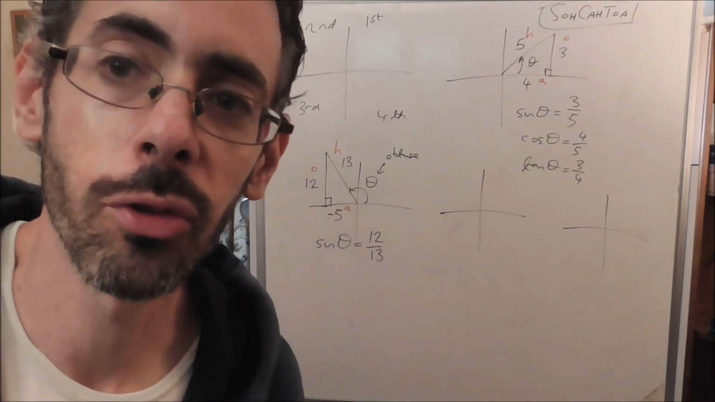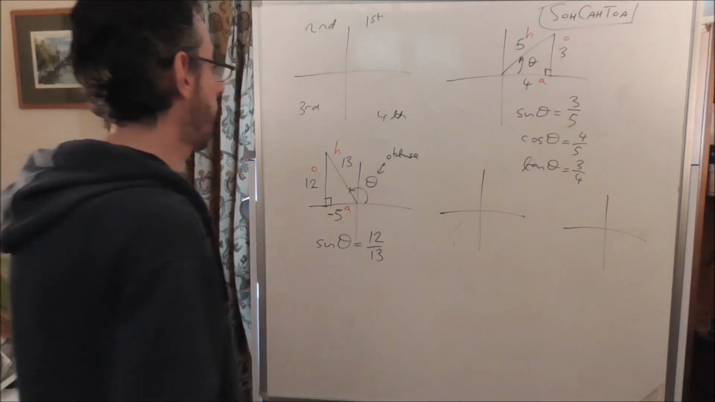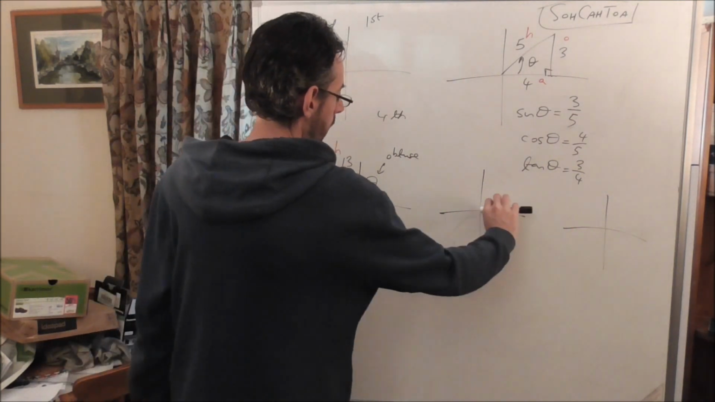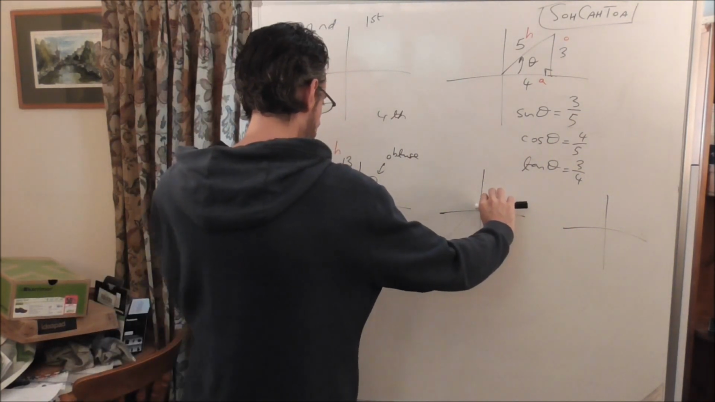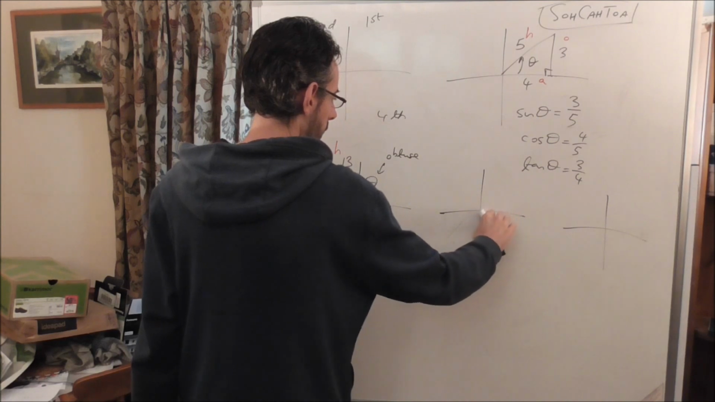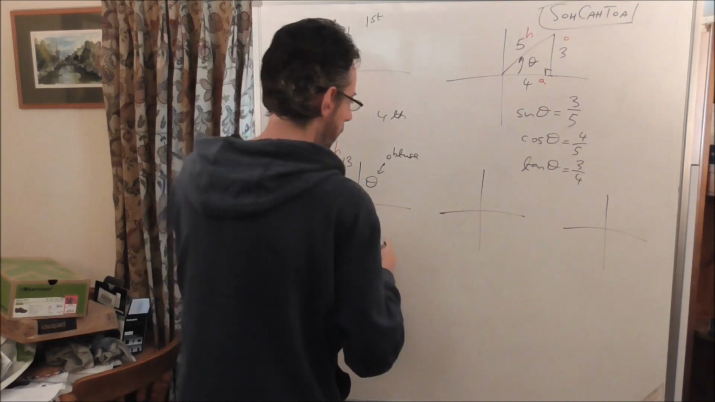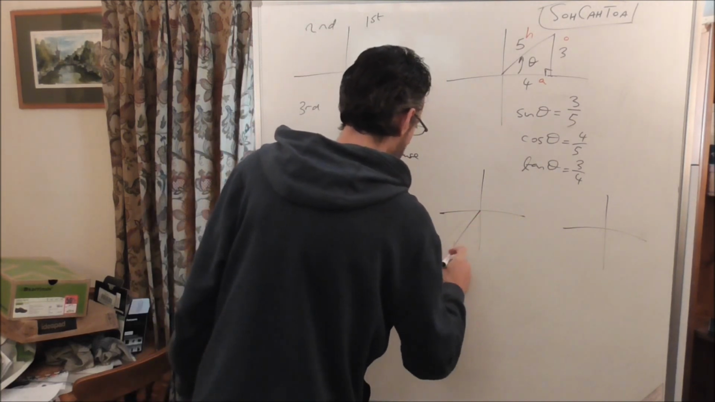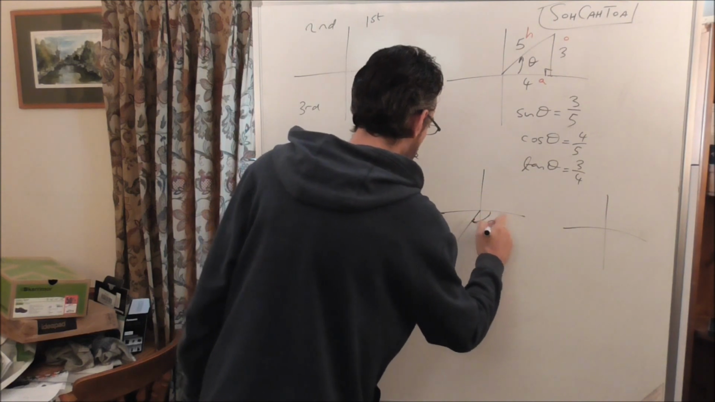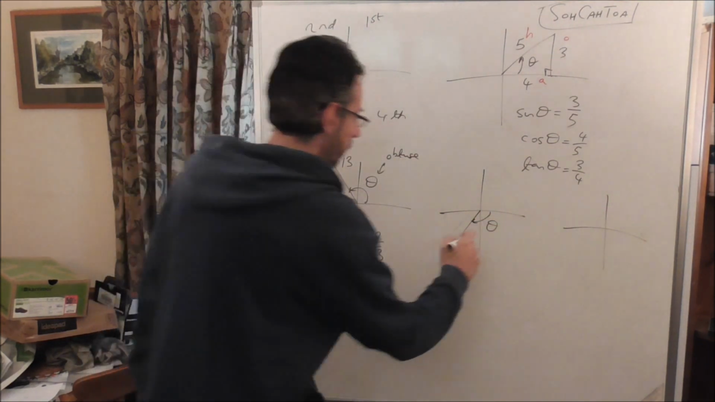Now, as I said, you could do all sorts of angles, reflex angles. You can even do negative angles. So let's do one of those. You get a negative angle by going around in the clockwise direction. So let's go to minus 90 and a bit beyond. So this angle here, call it theta, is somewhere between minus 90 and minus 180, but it's a